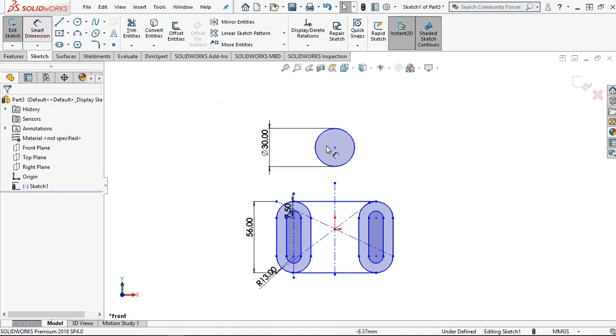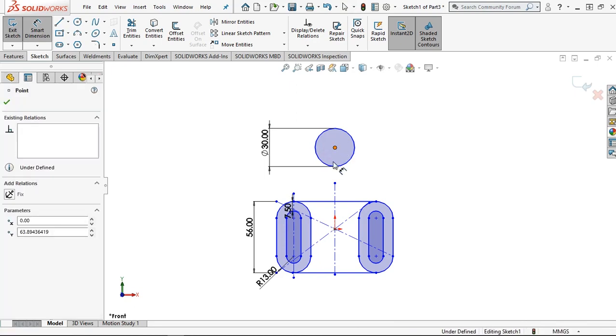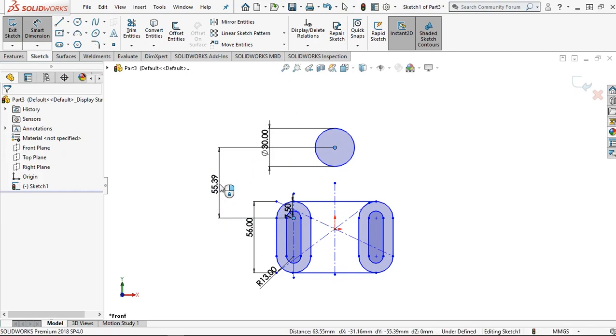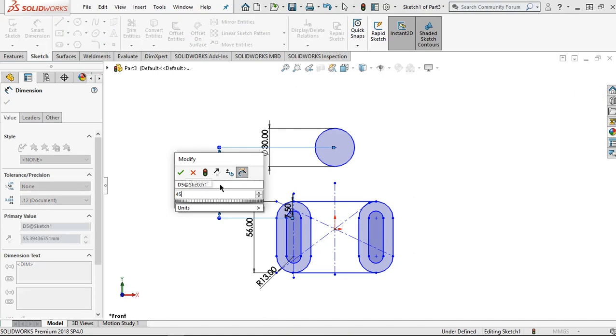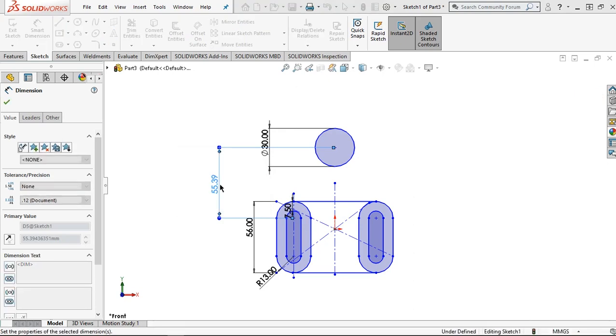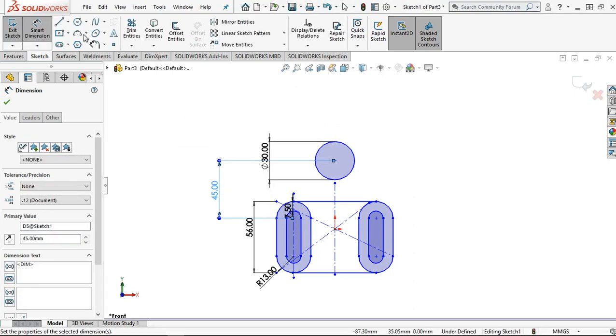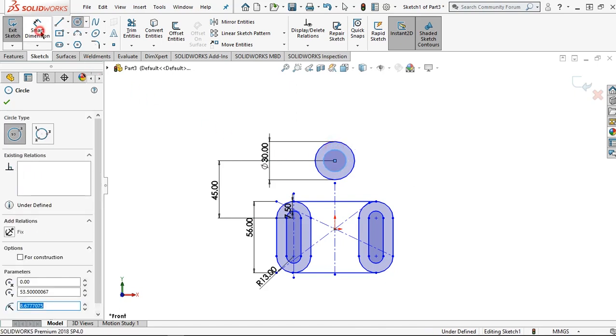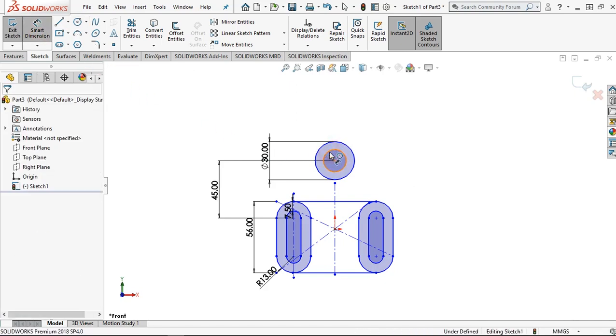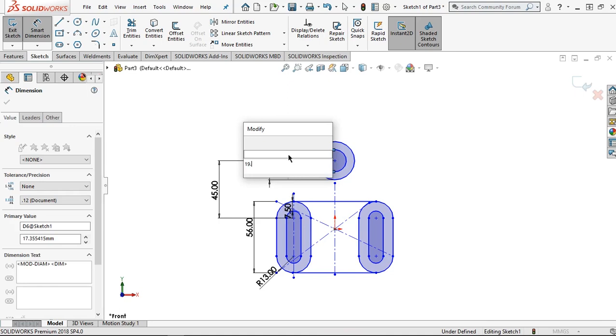For the next step, change this distance from this point to 45 millimeter. Then OK. Click the circle and set to 19.1 millimeter.